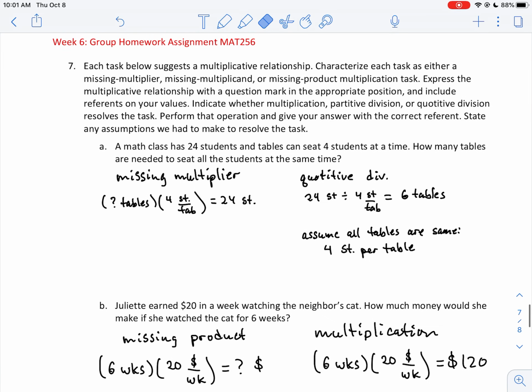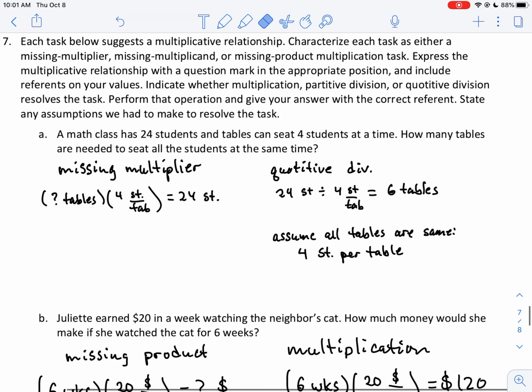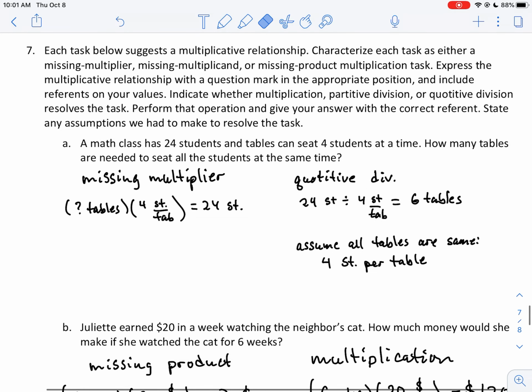Each task suggests a multiplicative relationship. This is very similar to a task in the lecture. A math class has 24 students, and tables can seat 4 students at a time. How many tables are needed to seat all the students at the same time? Okay, so this, when you have,